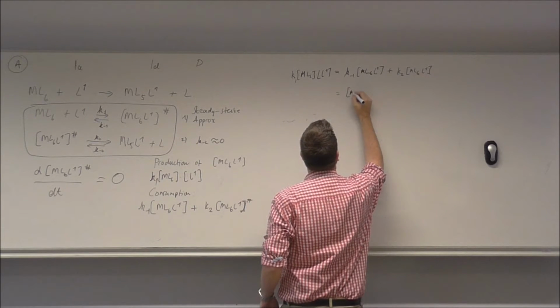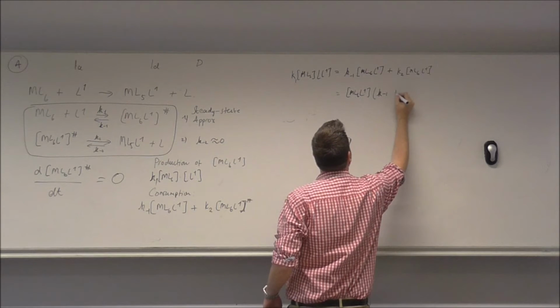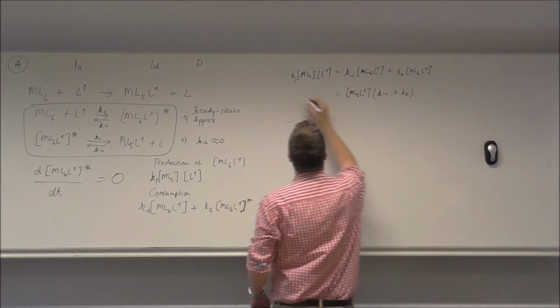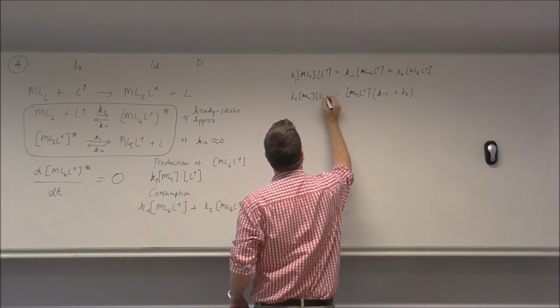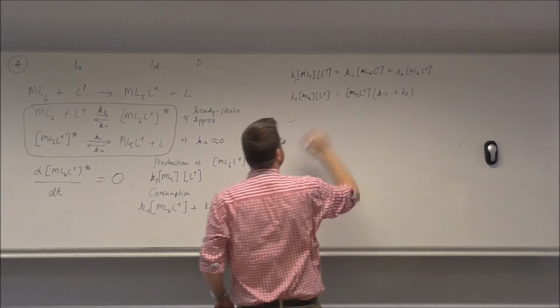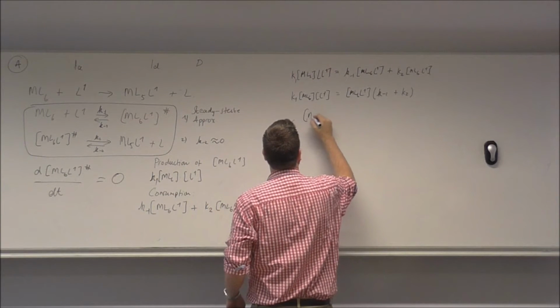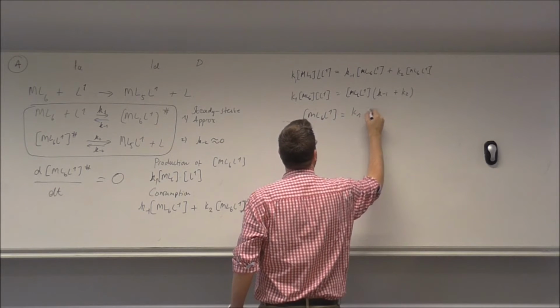If we take this out as a common factor, we're left with K minus 1 plus K2 equals K1 ML6L1. And if we make ML6L1 the subject of the formula, we get simply ML6L1 equals K1